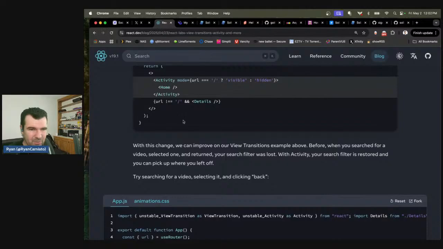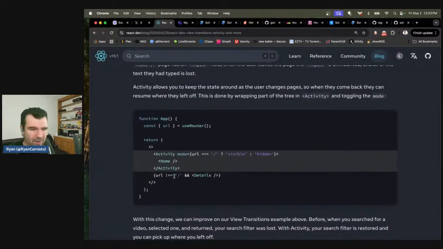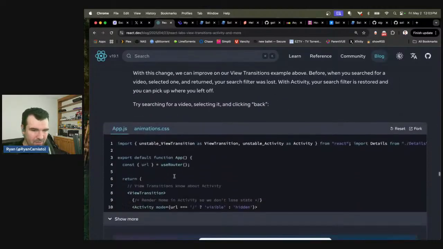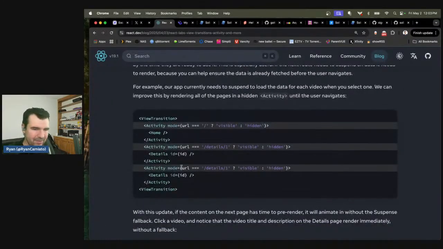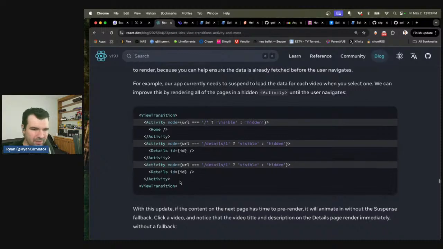But yeah, so they wrap each one, and then basically, if you wrap each one, each one would get... It's almost like they're both there, but they're not completely live when they're off screen. Pre-rendering with activity, yeah, basically because you are loading all of these. If you do that,